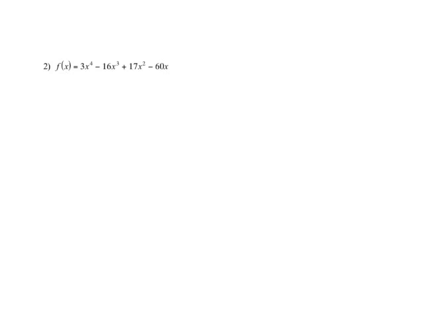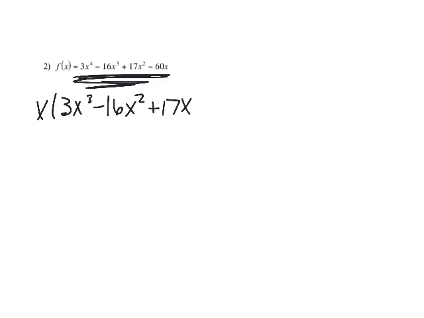All right, we've got another example of finding the zeros of a polynomial function. Of course, you could go right into putting this into your calculator, and you'd end up getting 2 zeros from it. But I'm going to do something first. I'm going to factor out an x, because every term in there has an x in it. So if I factor out an x, I've got x times 3x cubed minus 16x squared plus 17x